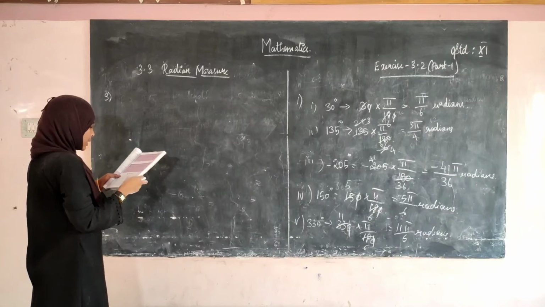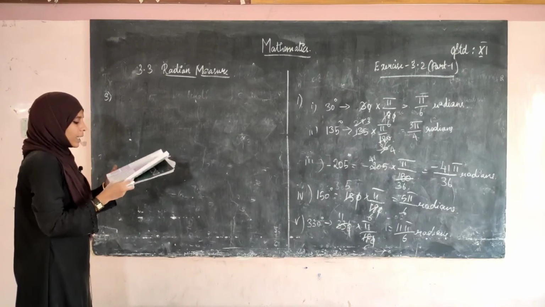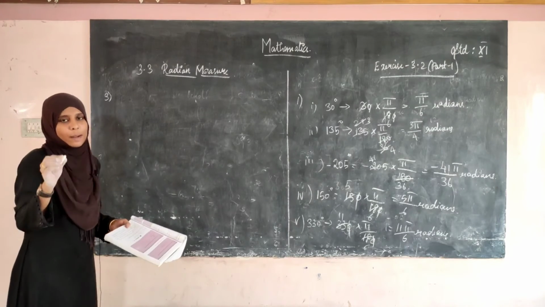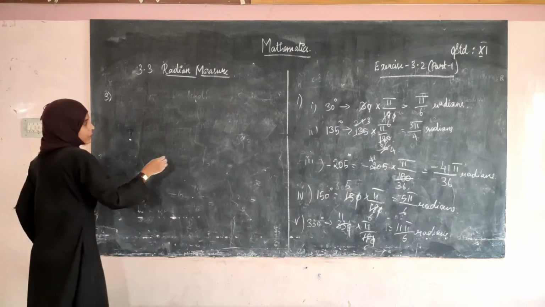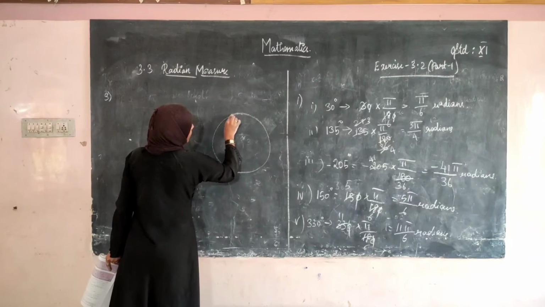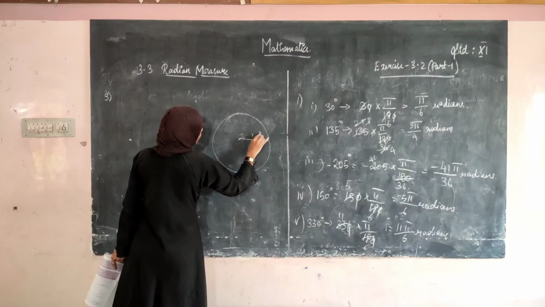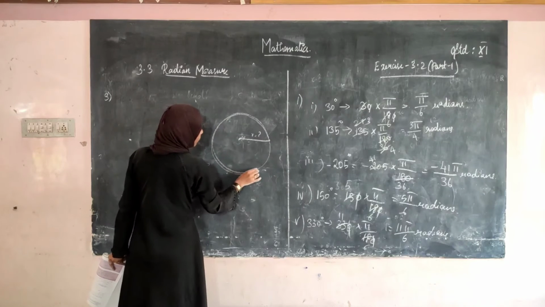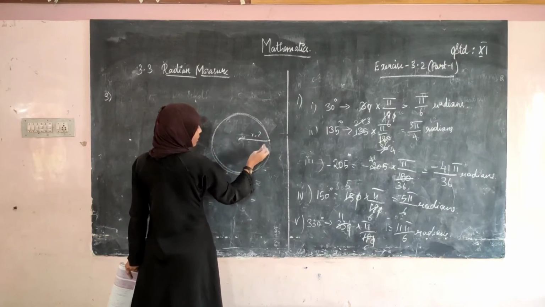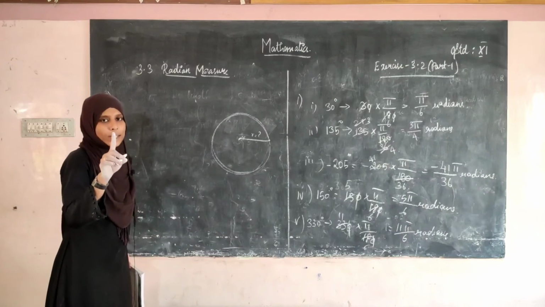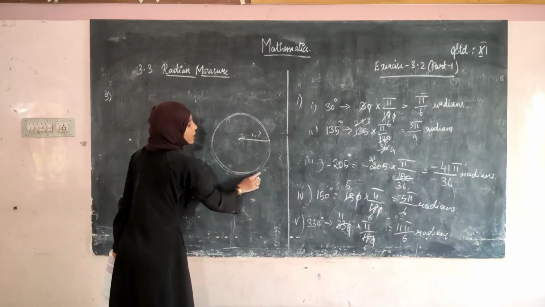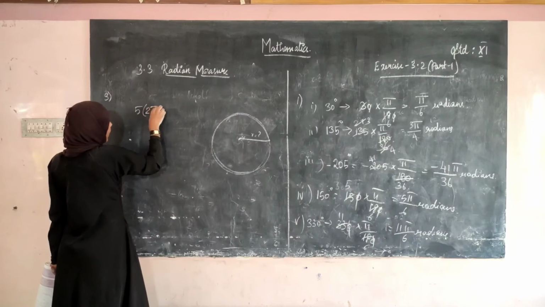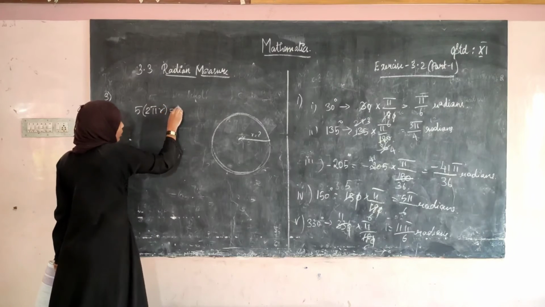What must be the radius of a circular running path along which an athlete must run 5 times in order to describe 1 kilometer? So if this is a circular path and an athlete is running, we have to find the radius. The athlete starts from here and runs 5 times, completely, to complete 1 kilometer. So 5 times the perimeter is 1 kilometer. What is the perimeter of the circle? 2 pi r.